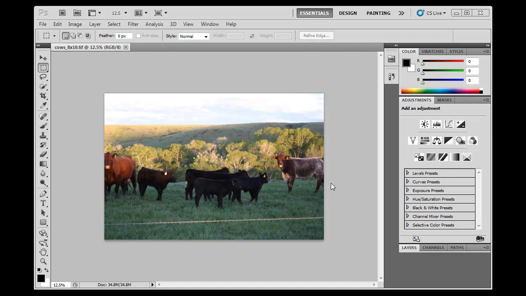Okay, now we're going to save this image for, let's say, a web page or a blog or something like that. All right, now this image right now is very, very large. We can tell that by looking up here at the top. You can see here it says cows 8x10 TIFF 12.5%. That means we've zoomed out, and we're only seeing 12.5% really of the full image